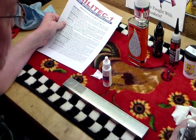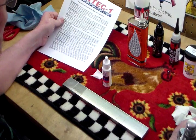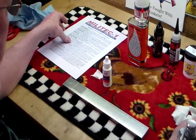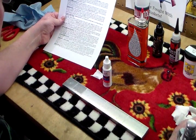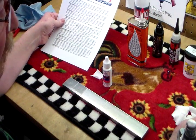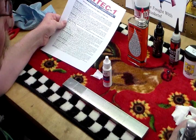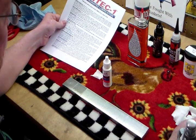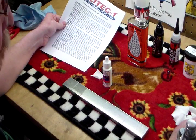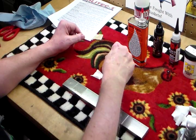Next, we're on square number 3 now, and I'm afraid there's a slight change of plans. I had not read the application instructions for Militech 1 beforehand, so I didn't realize until a few minutes ago that this is a 2-step application process that requires the application of heat in order to bond the Militech 1 to the metal. Well, that's not going to be practical for this test because I can't heat just that square, and it wouldn't be fair to the other products that don't require a heat bonding process. So, as a last-minute substitution, instead of the Militech 1,